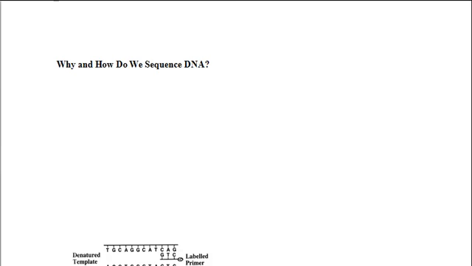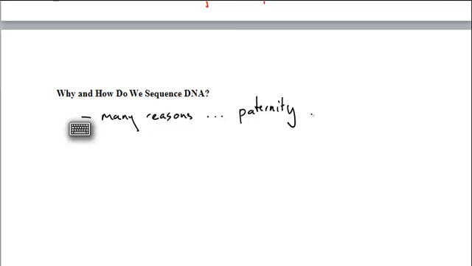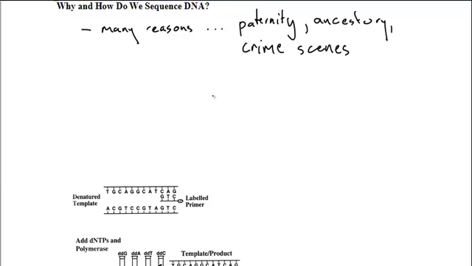So the first thing is, why do we sequence DNA? And there's many reasons. So we can look at paternity, ancestry, and crime scenes. So basically, once we've done our PCR, we can then do our sequencing and use both of them for similar purposes. So to sequence DNA, we just slightly